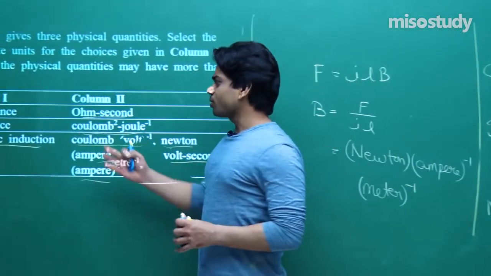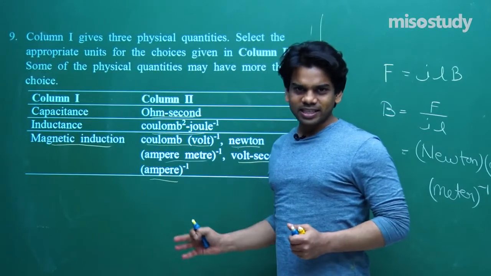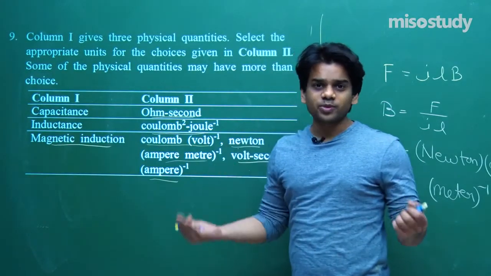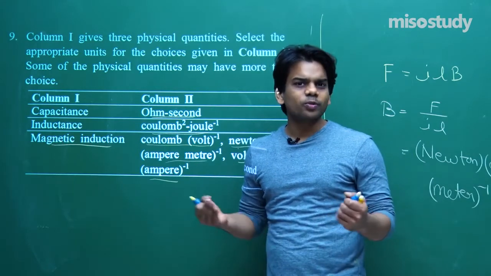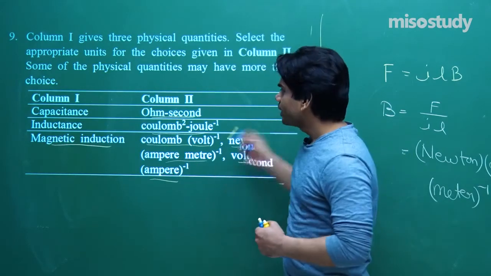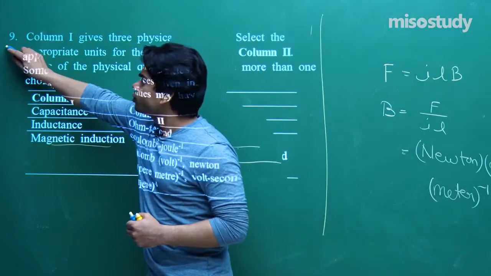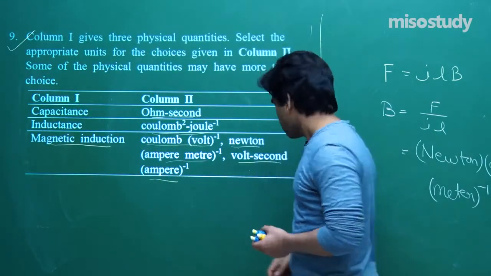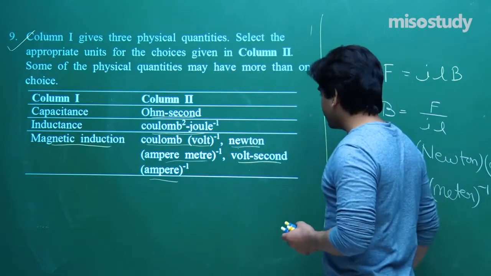So we got several options that are matching. It's not given as ABC and PQR. I have just told you how you can match, and if the examination comes with ABC and PQRS, now you would have an idea how to match them. So we did this column 1 and column 2. Question number 9 has been done. I have shown you separately each of the units, for each of the variables used in this problem. Let's go ahead with the next problem.